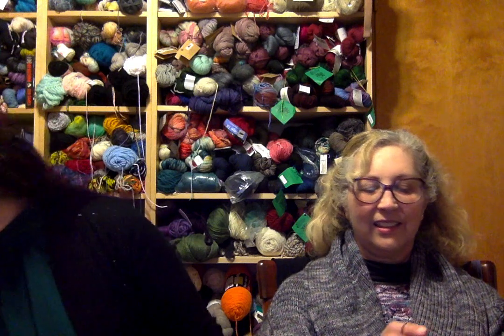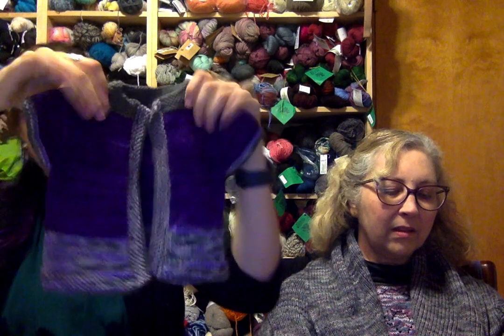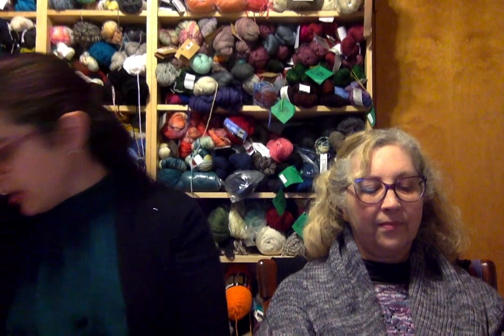I know. So, I finished 2 things this week that were very close to being finished last week. Well, one we talked about, but it was in the dryer or in the washer. So, I finished my fuss-free baby cardigan. I need to get buttons for it, but it will have buttons on Wednesday when I go to knit because I forgot to bring it with me today or yesterday. And Wednesday is knit night. Yes. And then I also finished...